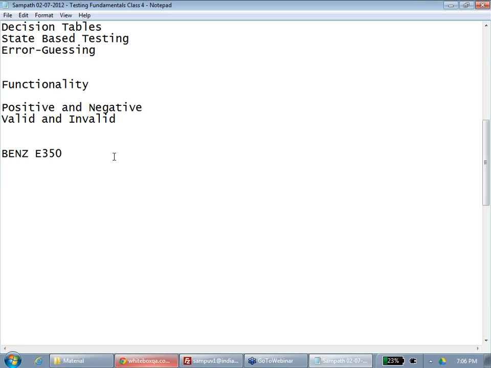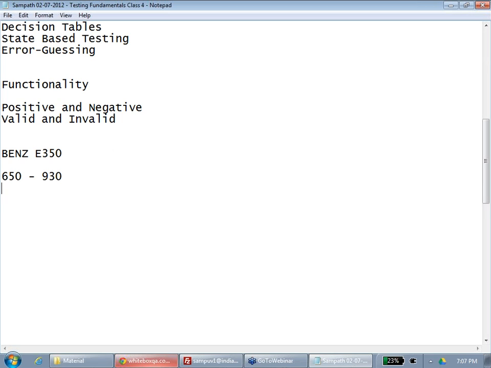Okay, coming back. So for example, you want to go and get a Benz E350, a very new one. If your credit score is from 650 to 800, or can it be 900 also? What is the max? 930.